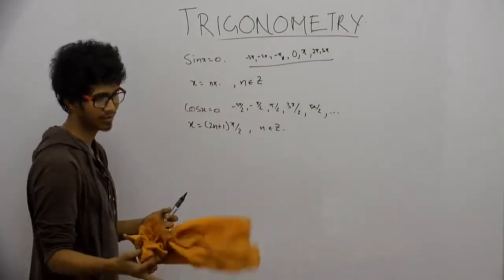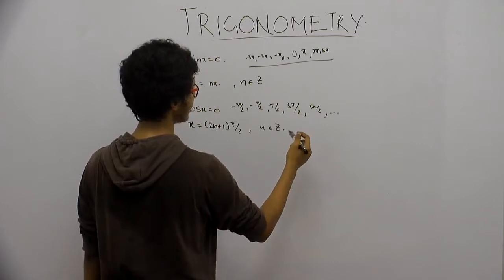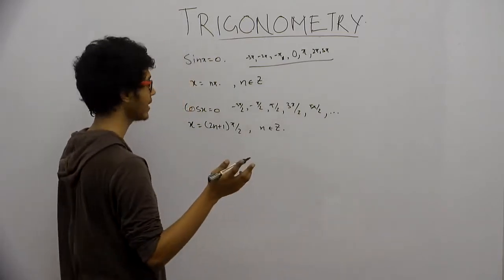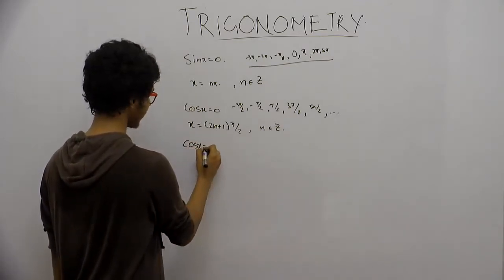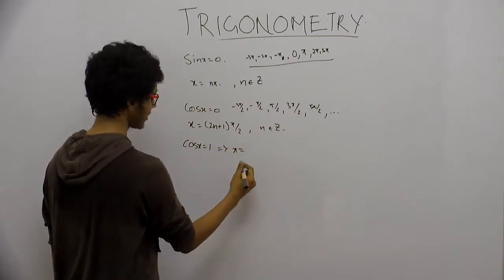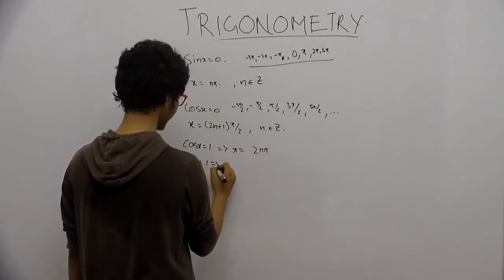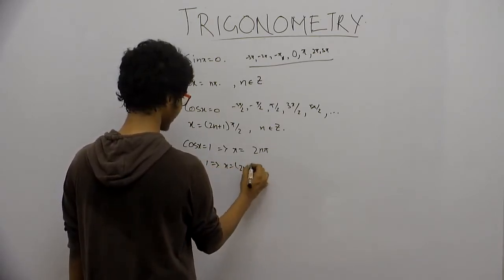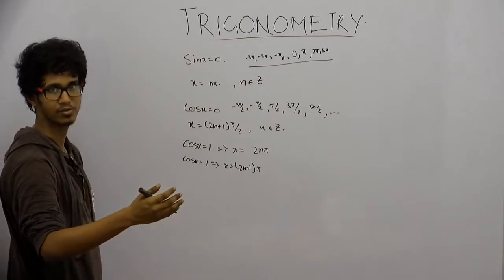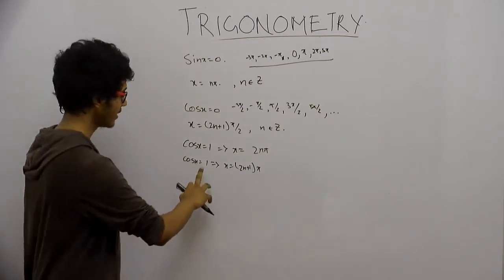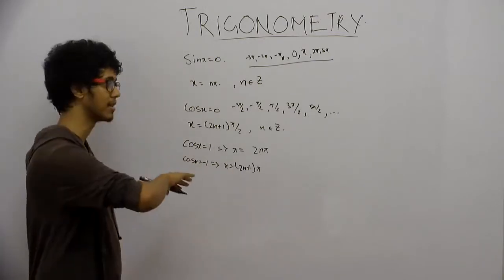And similarly, we can of course write for 1 and minus 1. 1 and minus 1 are a little bit tricky because they also keep oscillating, but we can do that. If cos x equals 1 implies x equals 2n pi, cos x equals minus 1 implies x equals (2n plus 1) pi. Because cos x is 1 at 0, 2 pi, 4 pi, and so on, and in the negative minus 2 pi, minus 4 pi, it is minus 1 at pi, 3 pi, minus pi, minus 3 pi, and so on.